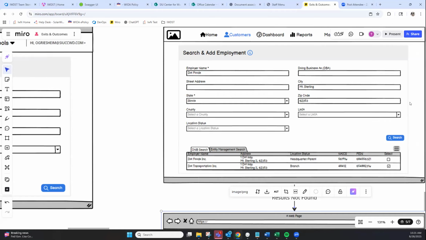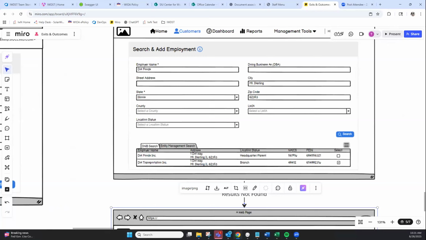And then for entering self-employment, how would we choose a NAICS code? IWDS currently has a code for that we can search for. So are you saying there's a NAICS code for self-employment, Paul? Yeah, I think if I remember, it's been a while since I've done it, and someone can correct me if I'm wrong, but currently in the IWDS, there is something that talks about self-employment when you do a search for the NAICS. You've got to do it in a specific way, but I believe there's a code that you can put in. So if we're putting in self-employment and it requires a NAICS code, how